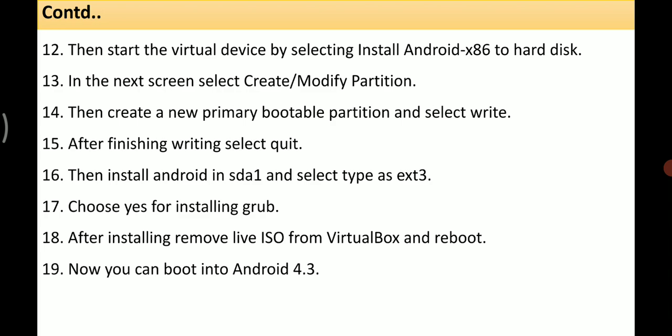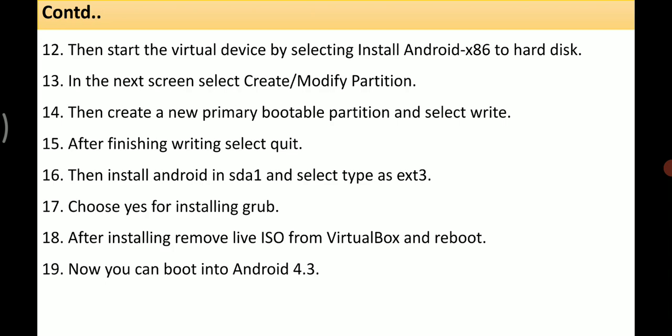After finishing the write, we select the Quit option. Then we install Android in SDA1, select the type as ext3, and choose yes for installing the GRUB.